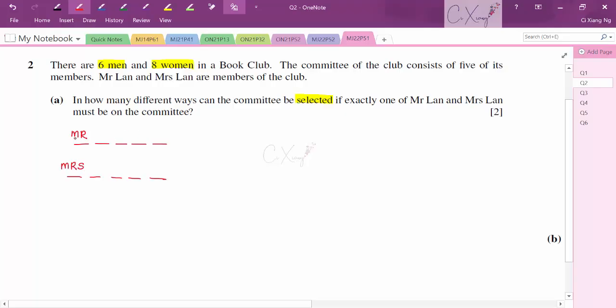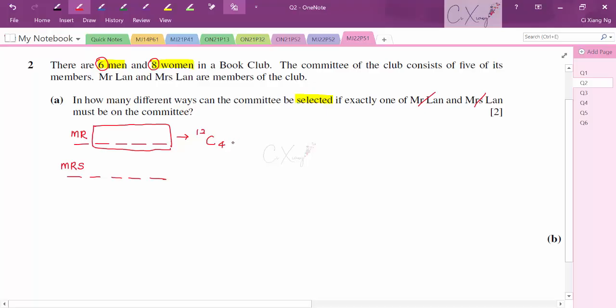Okay, so if Mr. Lan is in the committee, I still need to select 4 committee members from the remaining members in the book club. Okay, so how can I select the 4 members to become the committee? We are having 6 and 8, total 14 members in the book club, and I want to exclude Mr. and Mrs. Lan from being selected. All right, therefore, I have only 12 members left,